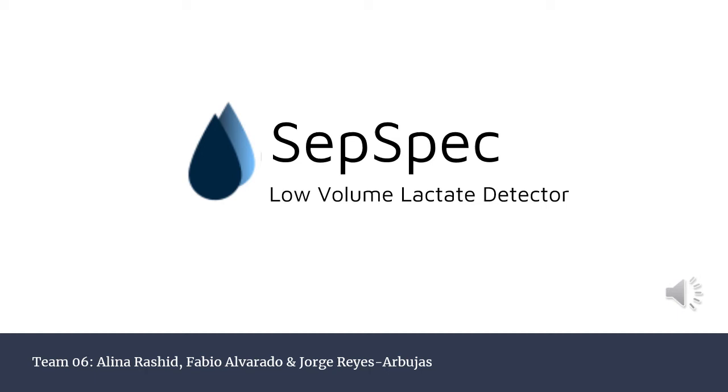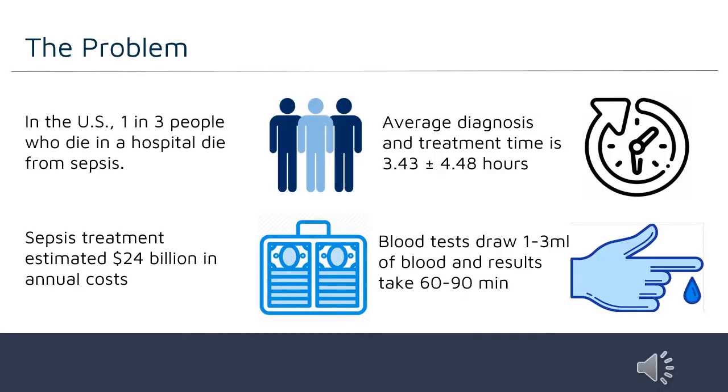Hello, we're Team 6 and our senior design device is SepSpec, which is a low-volume lactate detector, a solution to a very serious problem. In the United States, 1 in 3 people who die in a hospital die from sepsis. Sepsis treatment is an estimated $24 billion in annual costs,